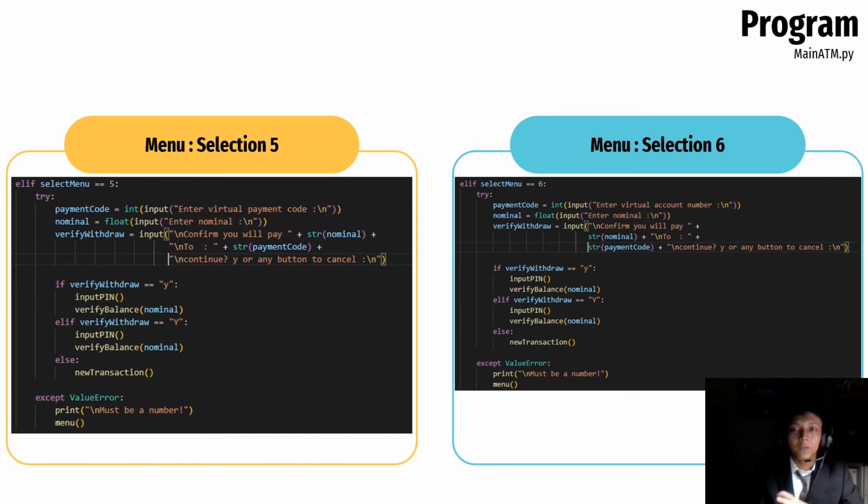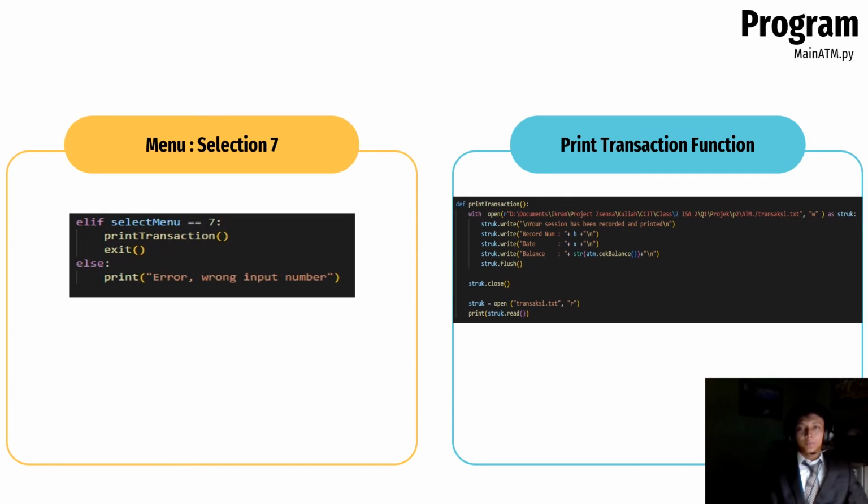Next, the user will verify the nominal that will be used to pay, and if yes, the program will call the input pin and verify balance function that brings the nominal parameter, and if no, the program will call the new transaction function. Here, I also use try and except in both options to create a message that shows it must be a number when a value error occurs.